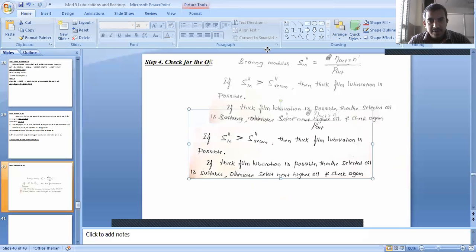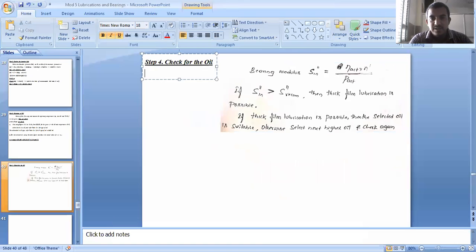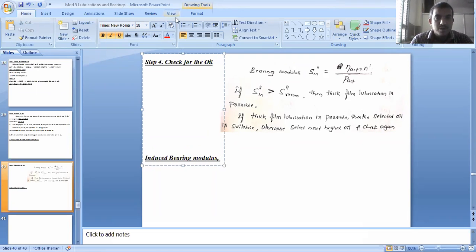First, you go to determine the induced bearing modulus. So the induced bearing modulus is...